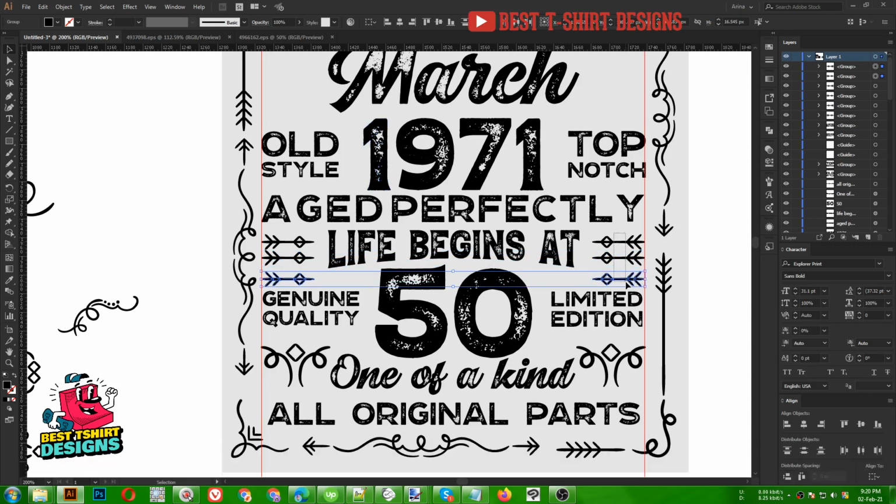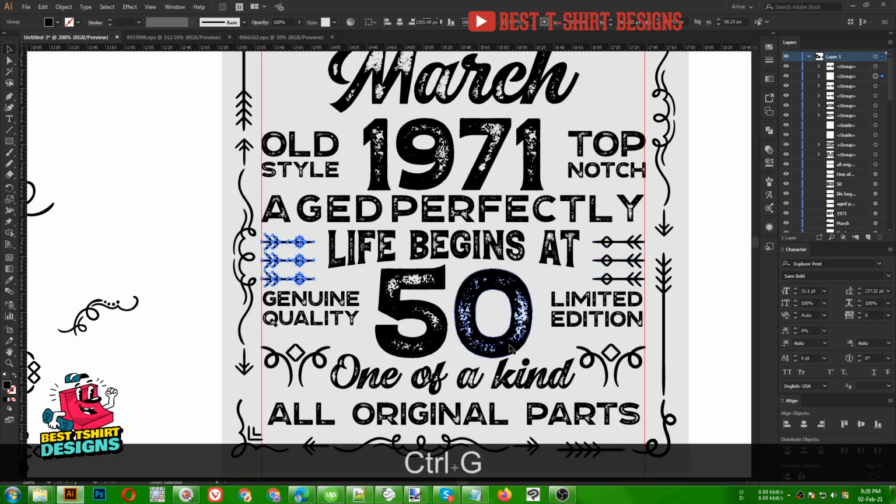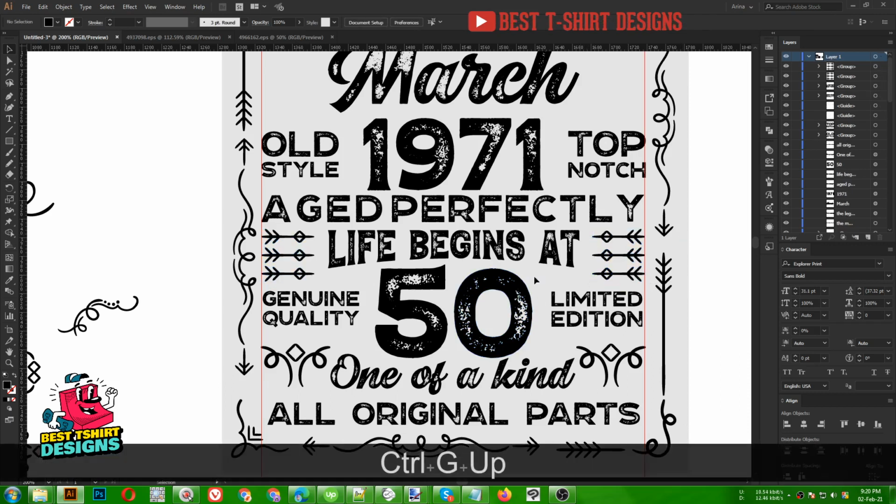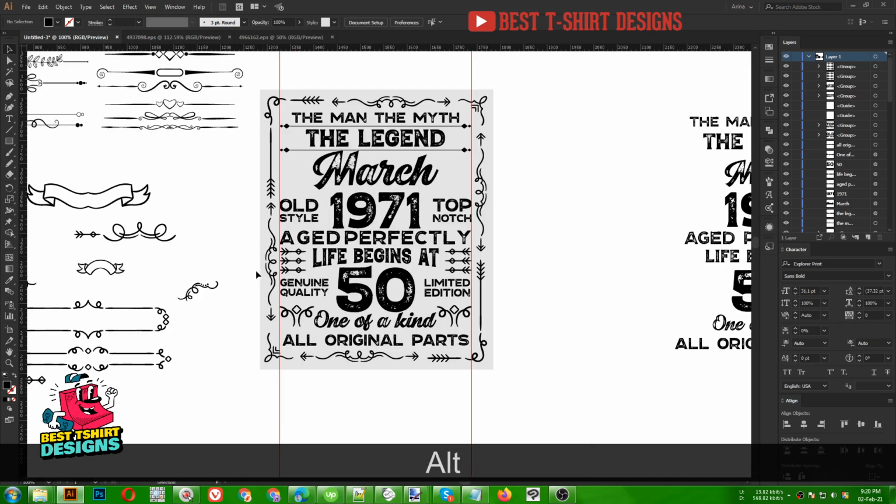Now for these three I am going to select them, distribute their space, that is fine. These three, distribute the space, make it a group, bring that up, make it a group, bring that up. Okay, so this is a very repeating process,